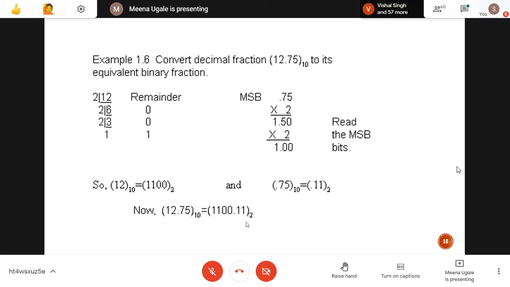Only keep in mind the direction, top to bottom and bottom to top. Otherwise, you will be mixing the numbers. For the integer part, we are going from bottom to top to read out 1100. But for this one, we will be going from top to bottom. Now, in this case, the digits are 1, 1, so it doesn't make a difference. Got it?